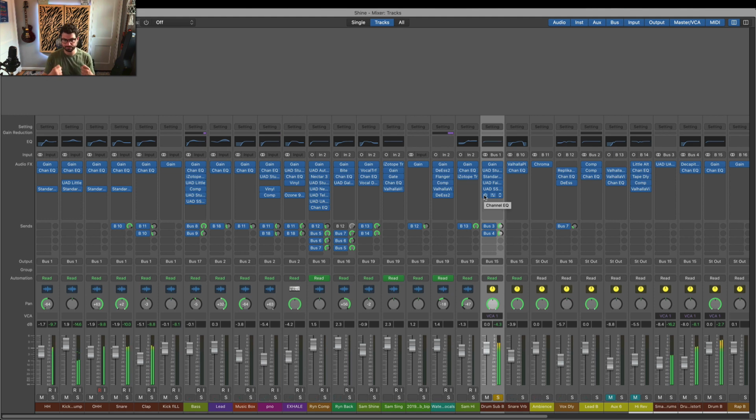Like, this hits you, right? This slaps you without any of the processing or without the bus processing. But with it, it really is beefy.